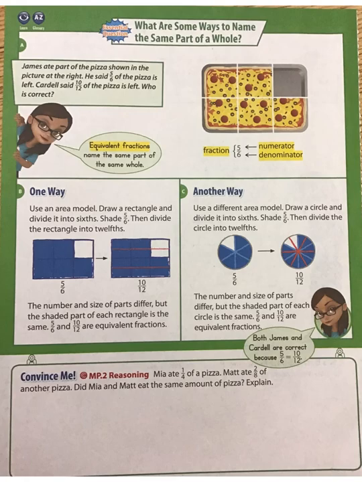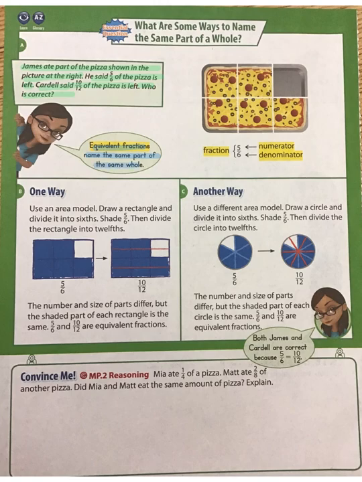Today we are going to learn about equivalent fractions. James ate part of a pizza shown in the picture at the right. He said 5/6 of the pizza is left. Cardell said 10/12 of the pizza is left. Who is correct? Before we begin, we need to understand that equivalent fractions name the same part of the same